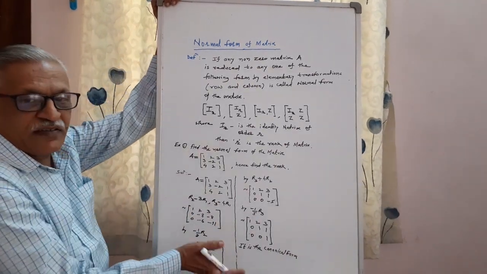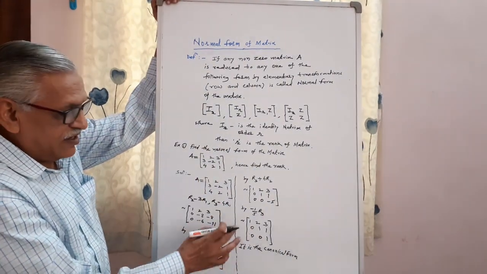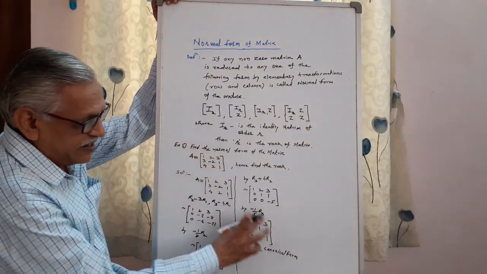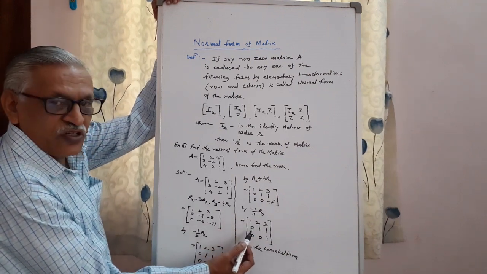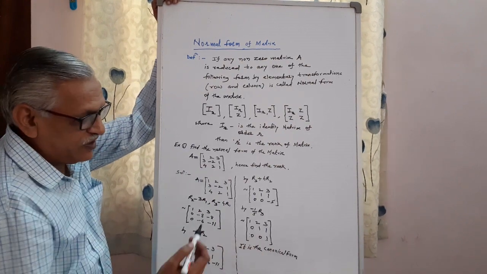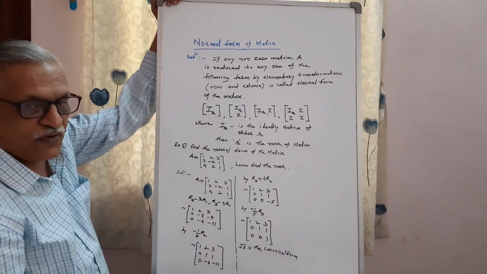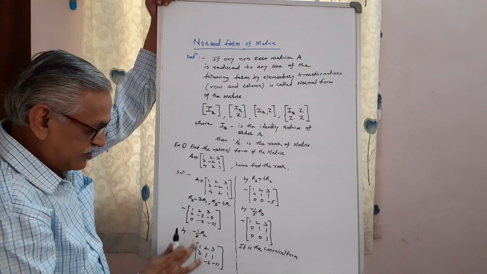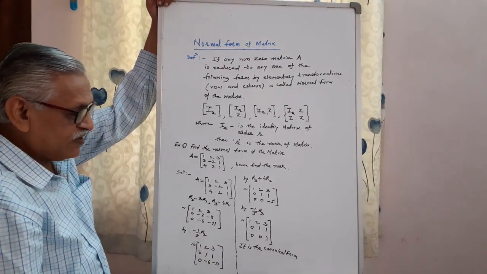The first part is exactly similar to finding the rank of a matrix, and if the problem is only to find the rank, then the rank is the number of non-zero rows. The first row is a non-zero row, the second row is also non-zero, the third row is also non-zero, which means we have a rank of 3, the number of non-zero rows. But the problem is to find the normal form.